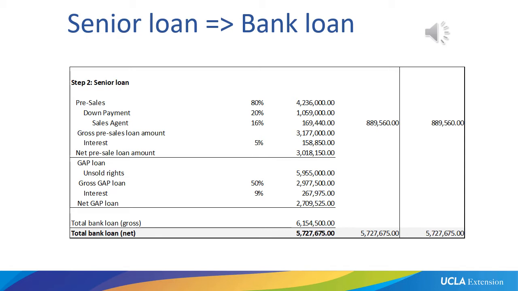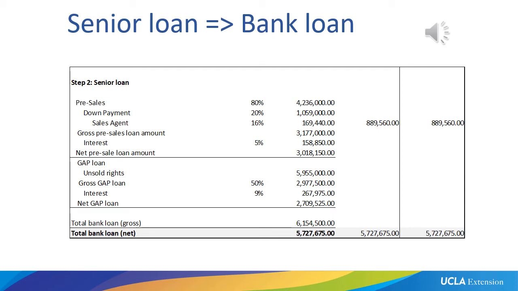Now, in this case, and in many cases in reality, the sales agent will charge their sales fee that is due to them. Whenever money is released, a sales fee is due to them. So in this case, the 15% sales fee plus the 1% distribution fee comes to 16%. 16% of the down payment of $1,059,000 is $169,440. So this will be deducted, and what we have available for our budget to use to cover our production budget is $889,560. That's what we're going to have from our down payment.